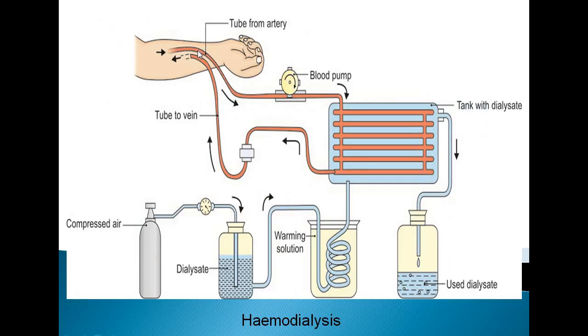Hemodialysis. In hemodialysis, a subcutaneous arteriovenous fistula is made between the radial artery and the cephalic vein at the wrist region. This is the most ideal site for repeated vascular access. Then the patient's blood is drained from the cephalic vein through the artery into a membrane. So this is the arterial line, and this is the dialysis machine. In this dialysis machine, the function is the same: it is used to remove the excess fluid and toxins. So this is hemodialysis.